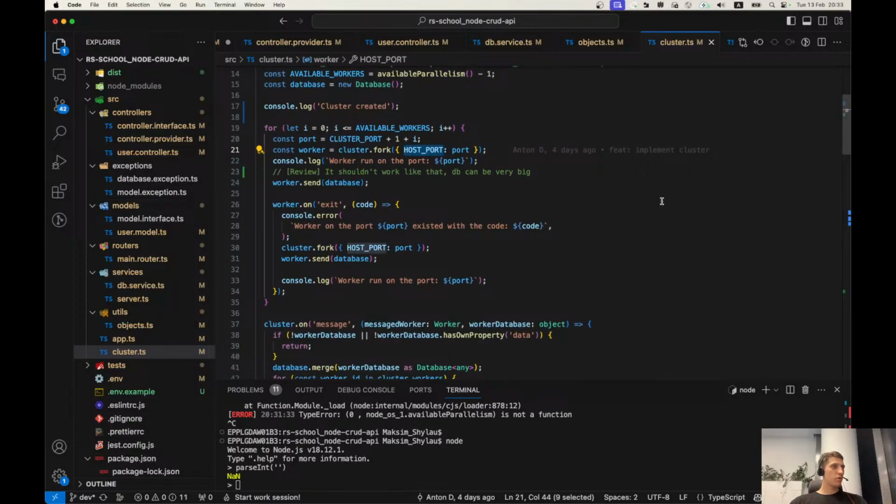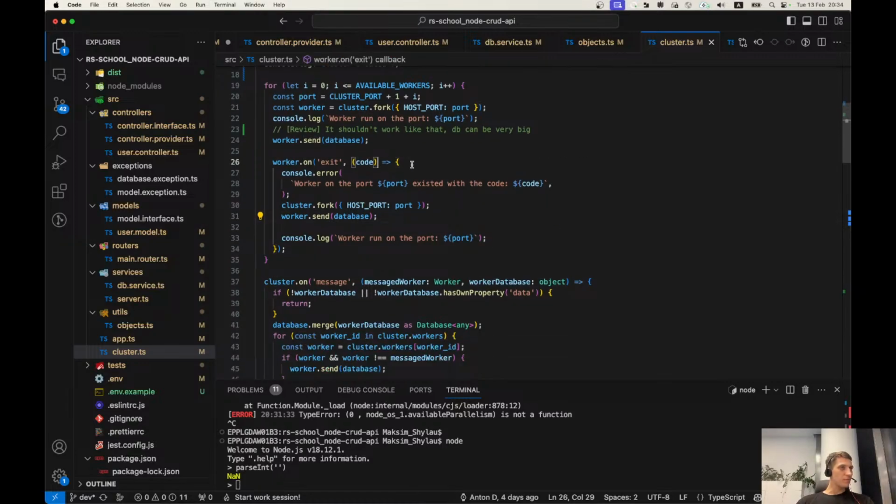Then we do some console logs. Then we send the whole database. Just imagine we send the whole database to the worker, and here we have, oh, it looks like